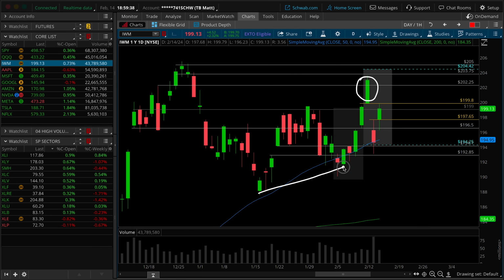And now all of a sudden it's all eyes on the equal lows. If we were to have broken down there, you have a fake break trapping buyers, and the floodgates are open in the downward direction, no longer offering a weekly higher low. So that was the big threat on Tuesday. And again, sellers did have the edge, much more of an edge here in the Russell 2000 compared to the NASDAQ or the S&P. Now, on Tuesday's session, similar to the NASDAQ, right, we actually recaptured that key level with